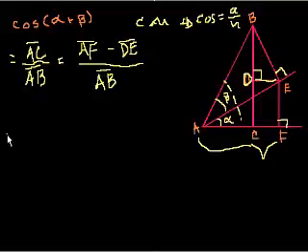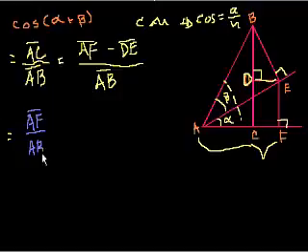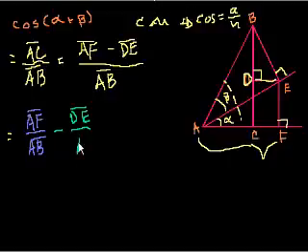And then, of course, we can rewrite that, and I'm going to switch to some different colors, as AF over AB, and we switch to maybe green, minus DE over AB. So we have now AF over AB